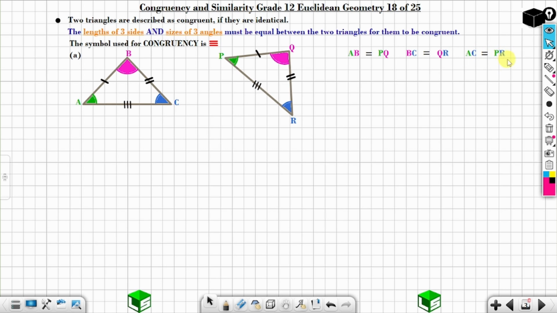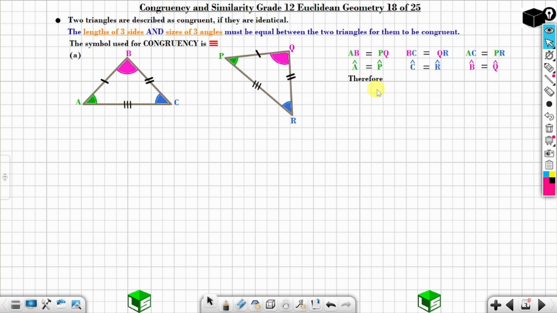You can see angle A is equal to angle P, angle C is equal to angle R, and angle B is equal to angle Q. Okay, so you have the lengths of three sides in one triangle equal to the lengths of three sides in another triangle, and you have the sizes of angles in one triangle equal to the sizes of angles in another triangle. Okay, so because of this,